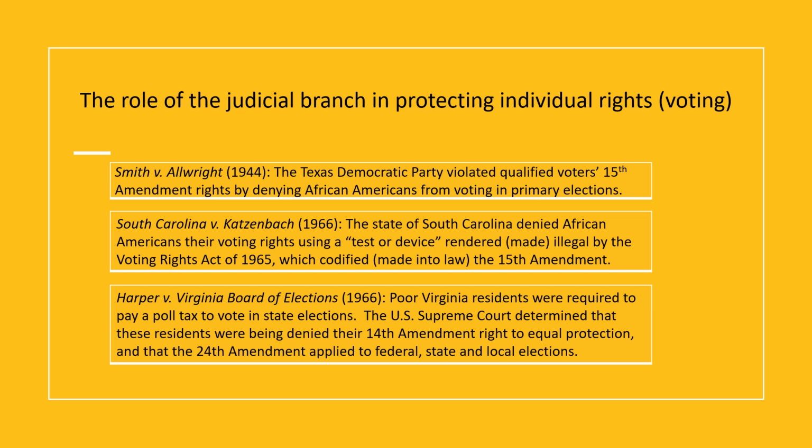Now, some of you may be wondering, why would a state argue in 1966 that they could do something that was made illegal in 1965? Why would they? Well, the reason is this. The reason is that the Voting Rights Act was a federal law, but Article 1, Section 4 of the U.S. Constitution says that the states manage elections.